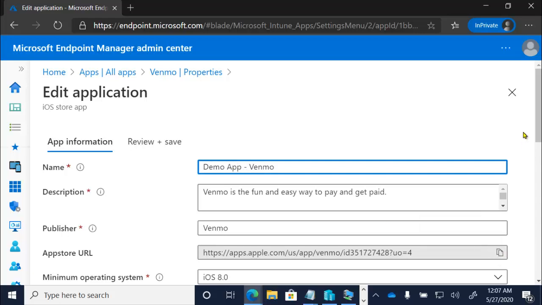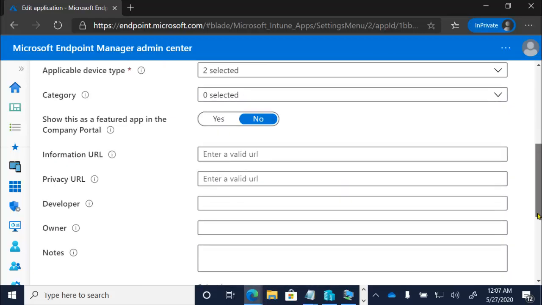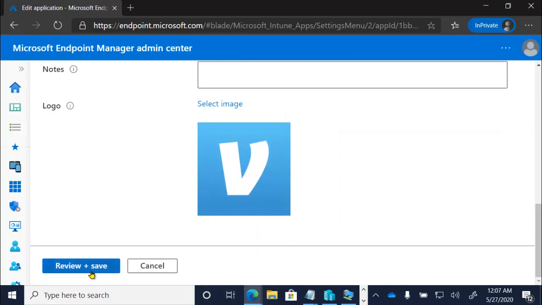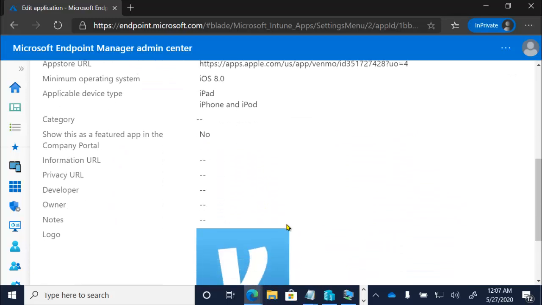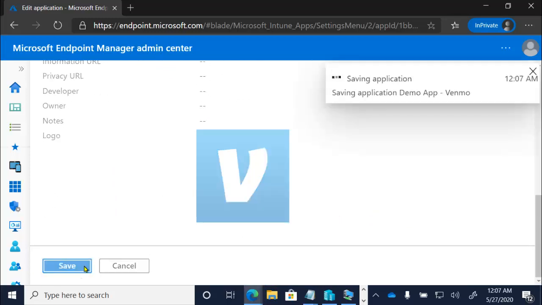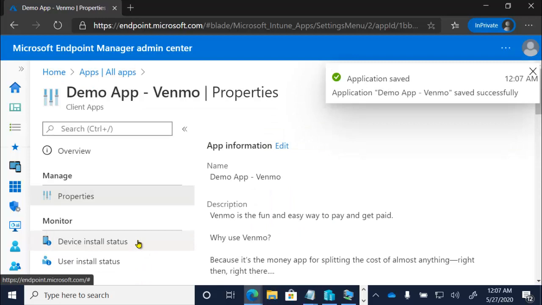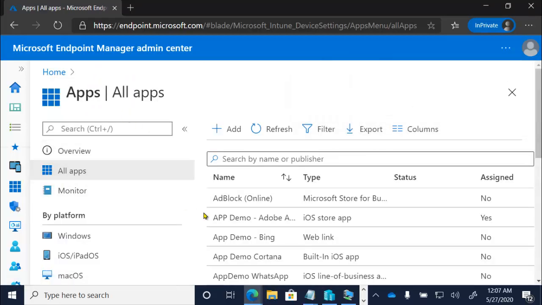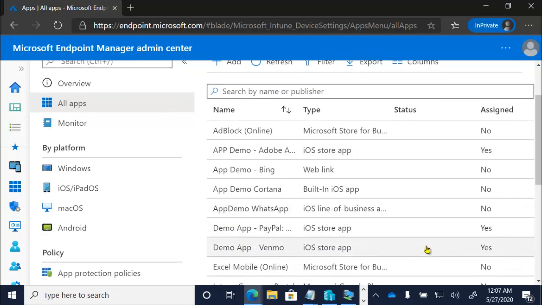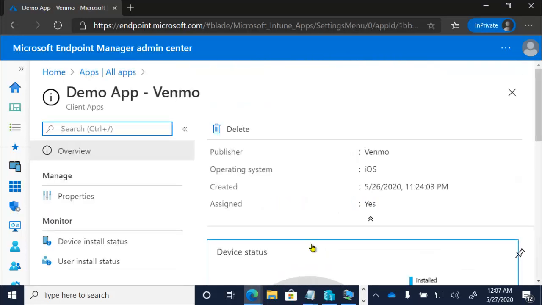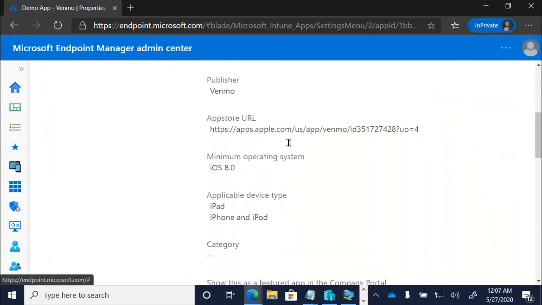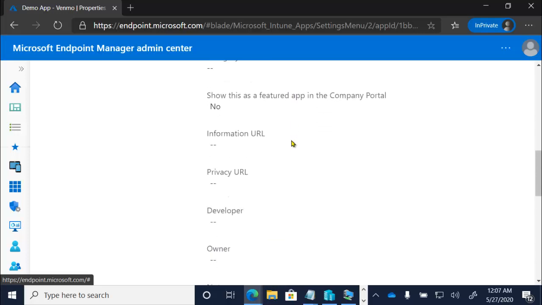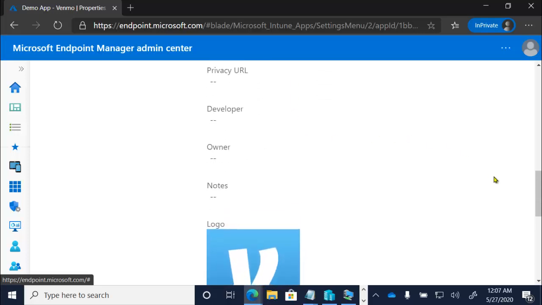Okay, so this app is deployed. All these things are set, review and save. And I'm going to save this. All right, now this particular app is already assigned, right? So if I look at this, I get to Venmo, it's already assigned. This is actually deployed to the device or to the user on the device as available. Right. So if I can scroll on down,